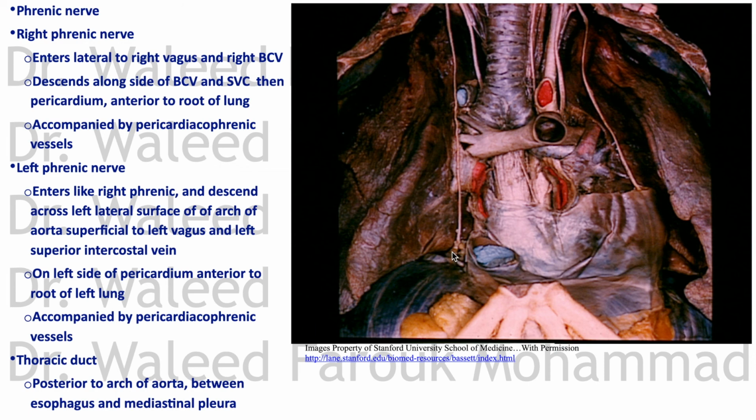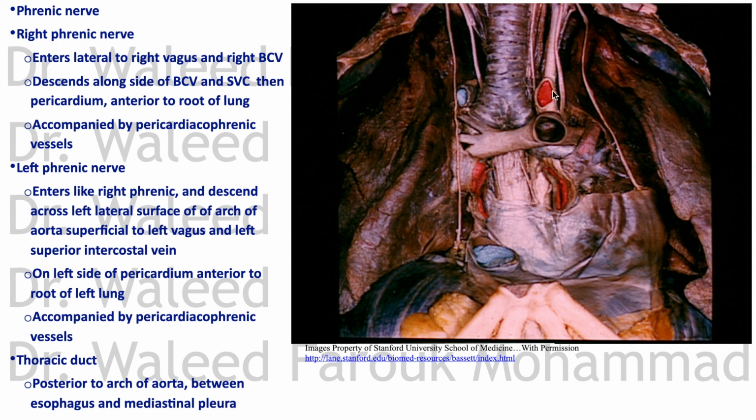It goes through the aortic opening. It enters the thorax between the aorta on its left and azygos on its right, okay, and ascends on the left side, posterior to arch of aorta, between the esophagus and the mediastinal pleura,